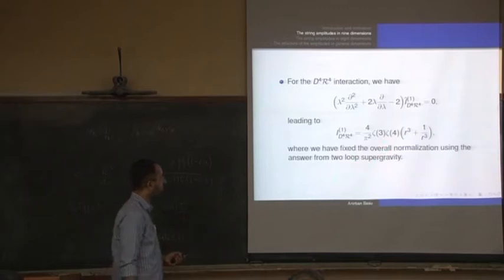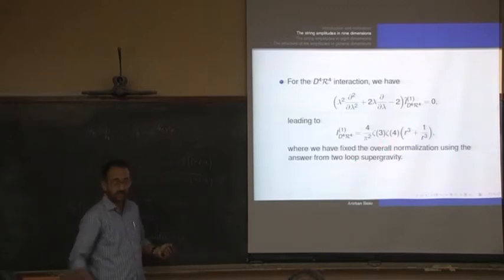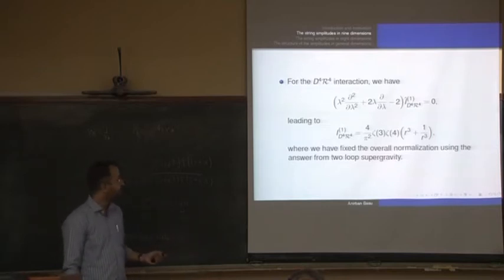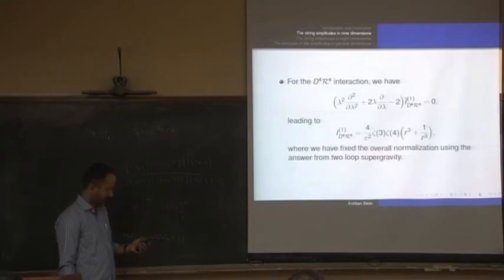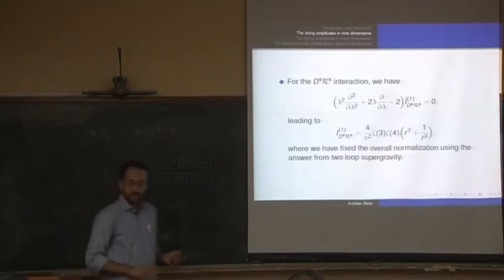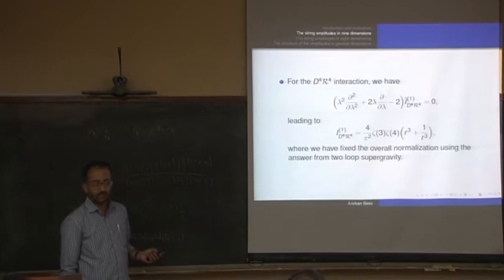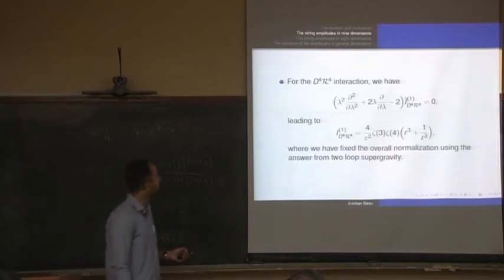The overall normalization is again fixed using supergravity, because this diverges as R goes to infinity. But these are needed for unitarity, because an infinite number of things add up to longer terms in the effective action. And so again, it's easy to see here what the answer is. So this is the point. This is somewhat simpler, the analysis in this way, even for the 9-dimensional case, where I think it's not very simple.